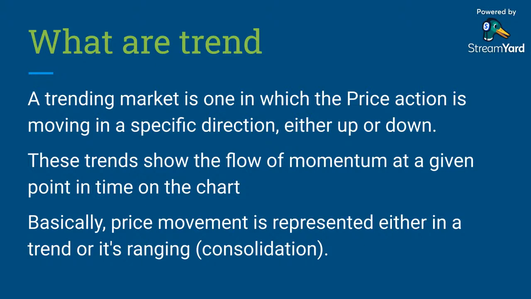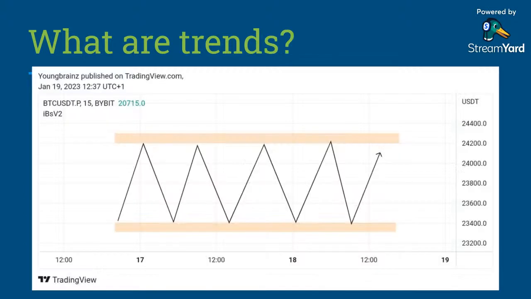All right. So like I told you, the trend shows the overall flow of the momentum either upwards or downwards. Yesterday we were talking about trend support and resistance, and I told you that support and resistance is that region that whenever price gets to, price tends to come down. So it's more like a journey.